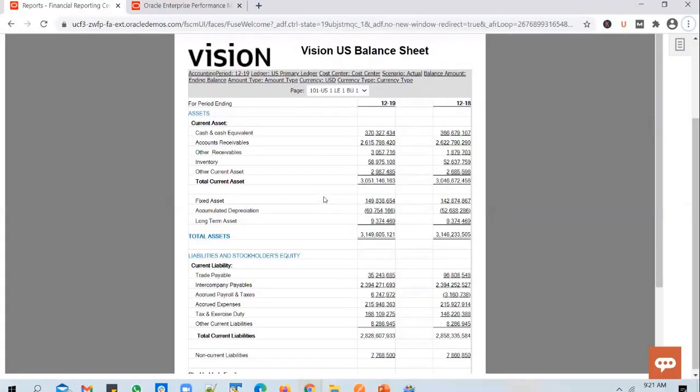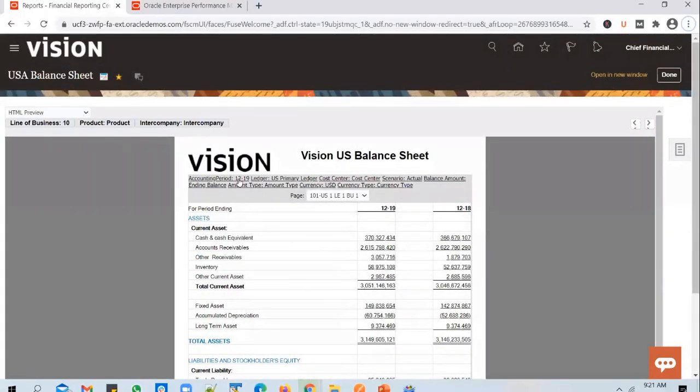But when we ran this report, nowhere did we mention 12-19, right? We never mentioned that we want to see the balances for the December 2019 period, right? But where did this come from? This has come from the default value assigned to the accounting period point of view. Whatever accounting period was selected, there was a default value assigned for accounting period. So this column has pulled the value assigned for the accounting period point of view, and it has used it here.